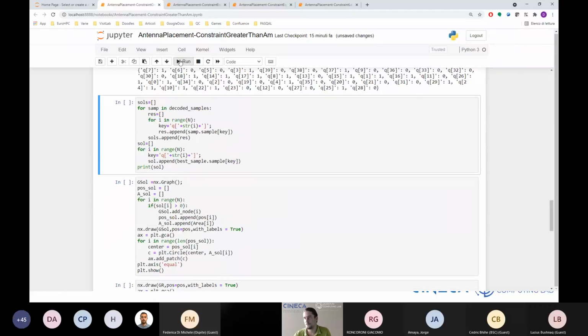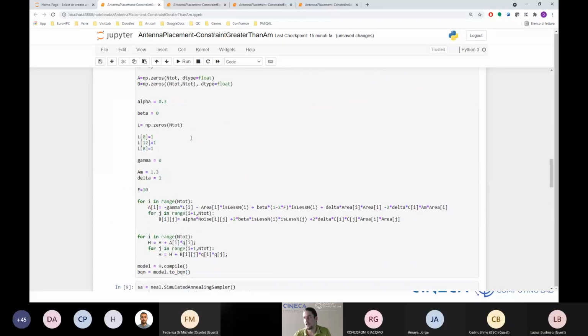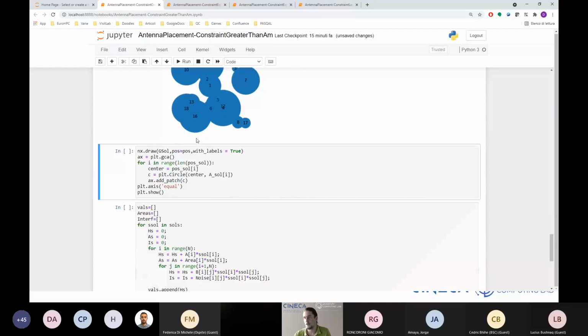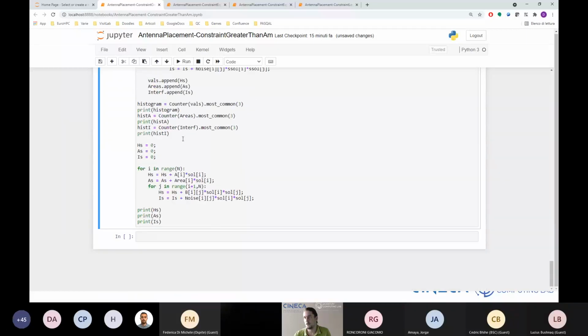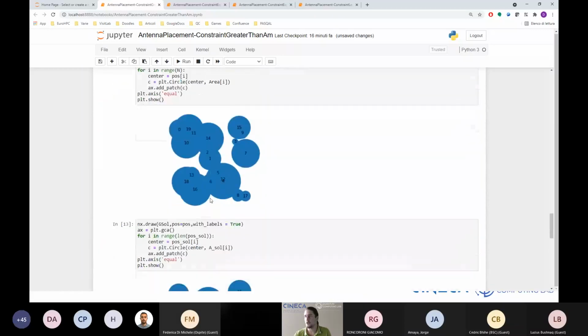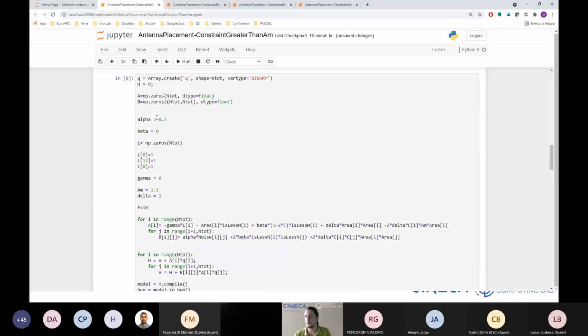Okay. So I'm saying that the minimum area has to be 1.3. And we obtained an area of 2.0. It is greater than 1.3. Also, if I want to consider the